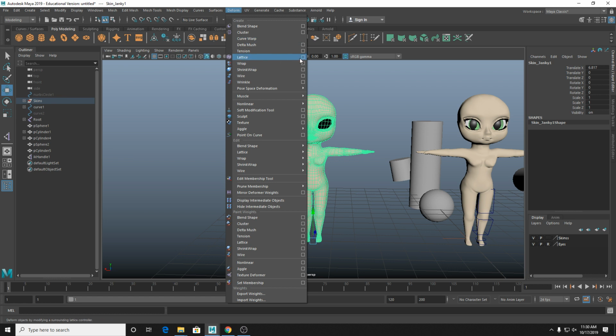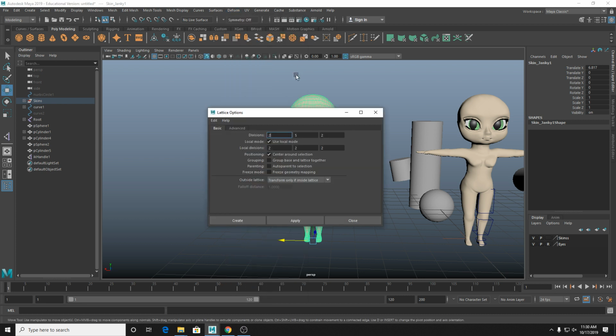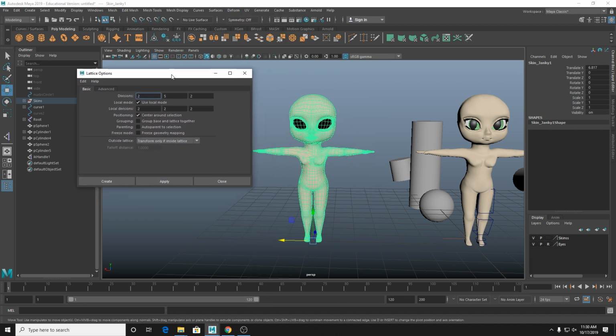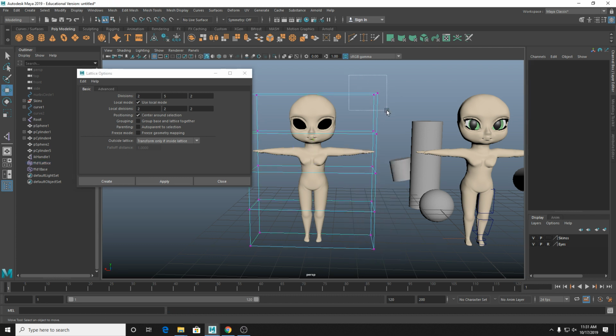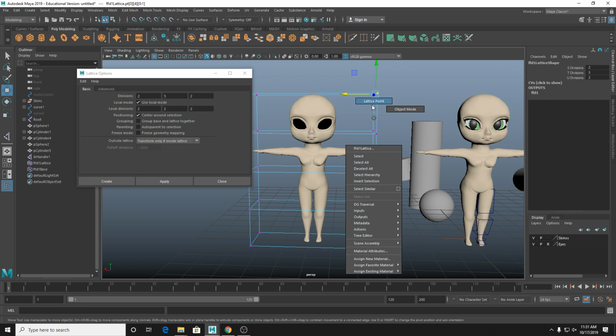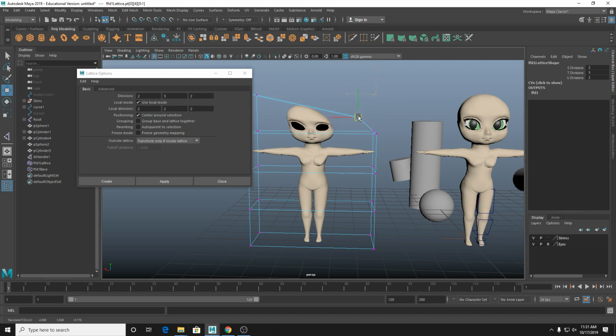I'll go over lattice deformers really quick if you guys have never seen them. So there's the Deform menu at the top, Lattice Deformer. I'm just going to open the settings, and it works pretty much the same as a lattice deformer in Photoshop or Illustrator. So just select your object, figure out how many divisions you want on the X, Y, and Z axes, and then just hit apply. And you can see it's put this person in a ridiculous little box. And if I right-click on the deformer, I can select lattice points, which are just like vertices for the box, and shift those around. And it's going to interactively drag my model around